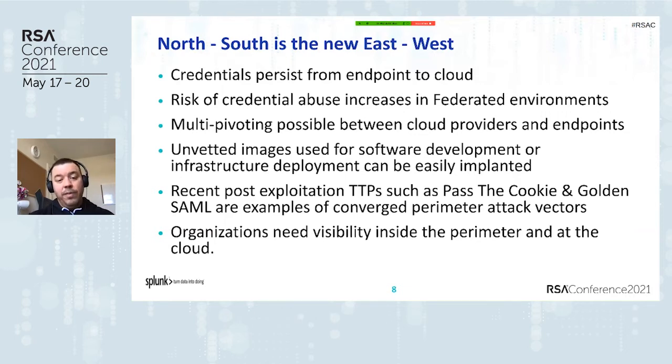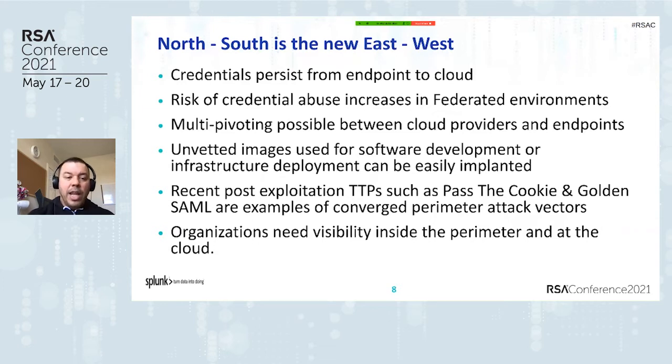What does this mean? Because you now have either reused credentials that work inside the perimeter and at the cloud level, or you have federated systems that allow seamless pass-through operation from north-south or east-west, then